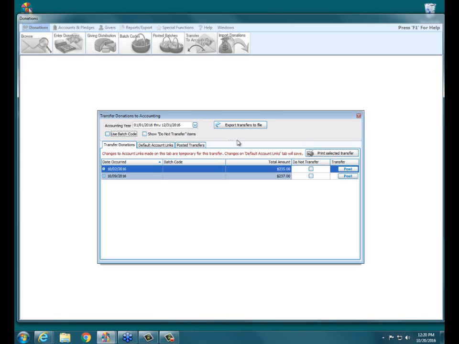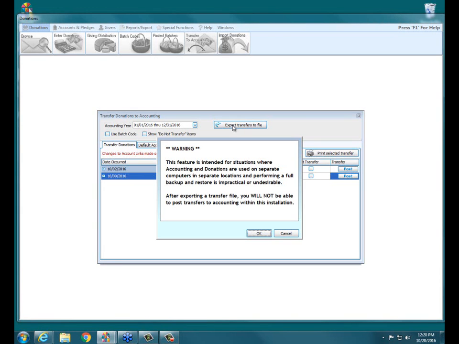In the Transfer to Accounting screen, you have the option to only export the batch. Okay, so this is different from making an entire backup of Church Windows, like I showed you before, and moving that backup to another computer. This is only looking at this donations batch that we choose to export. So if we click to highlight our batch from 10/9, we can hit this up here, Export Transfers to File